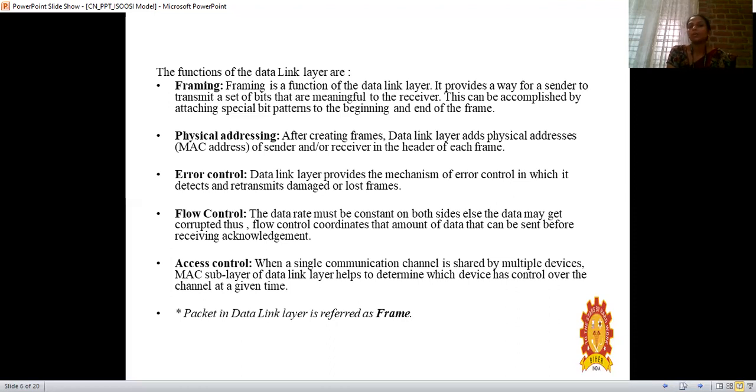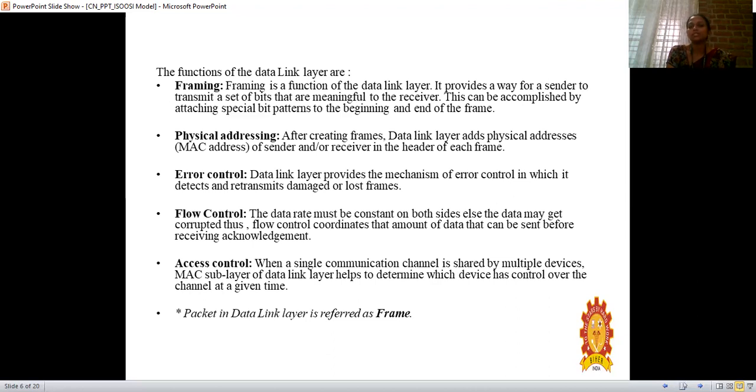Okay, so in the data link layer, the main thing is that it has to correct and detect the error. The functions happening here are framing, physical addressing, error control, flow control, and access control. Framing is a function of the data link layer. Physical addressing gives the address in the header of each frame. Next, error control detects the error. We can detect the error by using acknowledgement also. Acknowledgement can be positive or negative. Then there are 3 methods we use: stop and wait, go back, and selective repeat.